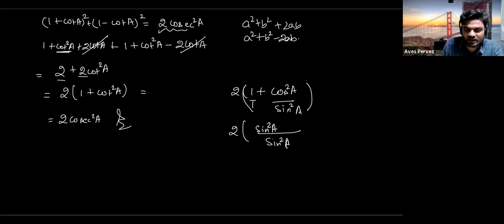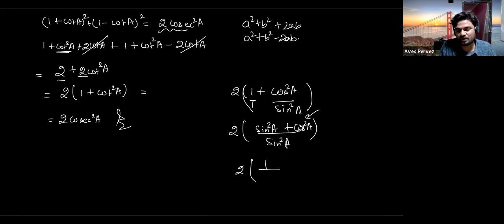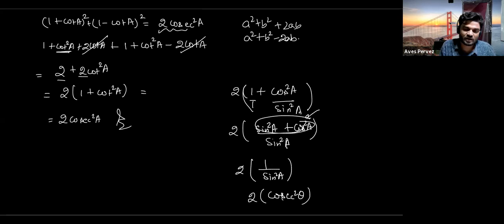So you have to write it as sin square a plus cos square a in brackets. At least the student must know this value, that sin square a plus cos square a is equal to 1. If he is doing trigonometry, this is the basic identity. So the whole value of this is 1 upon sin square a, and the reciprocal of sine, everybody knows, is cosec. So 1 upon sin square theta is equal to cosec square theta.